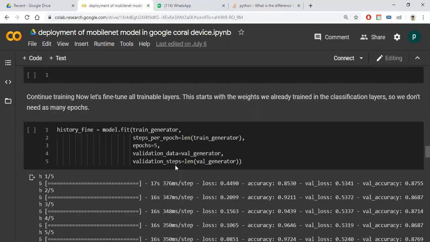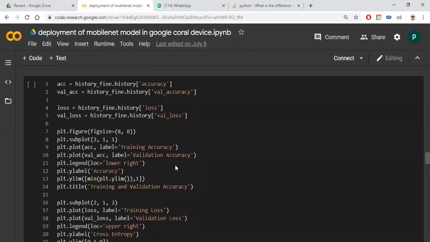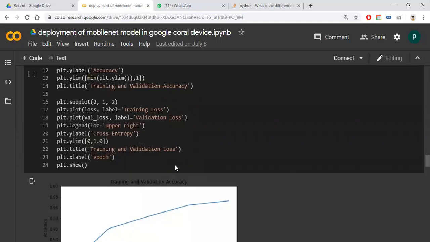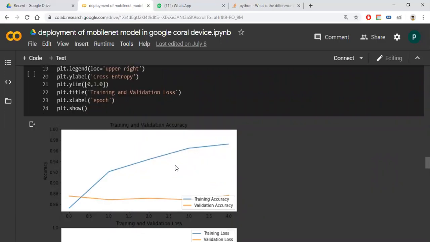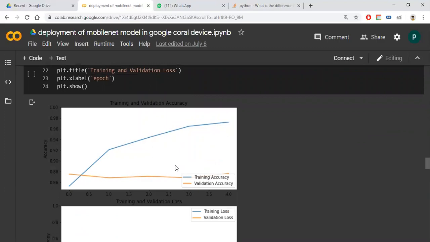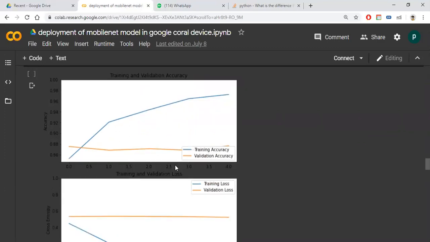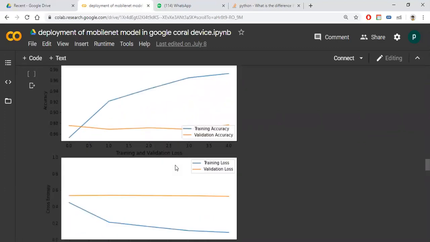Also, you can give different values of learning rate, then you can change it. I leave that to you.